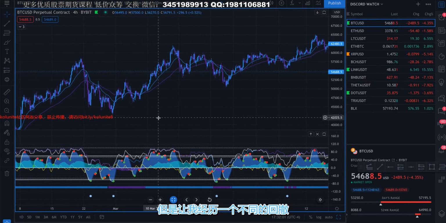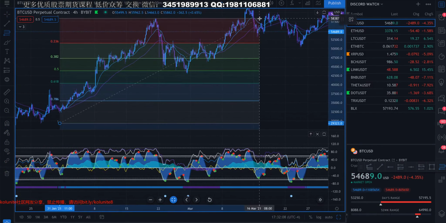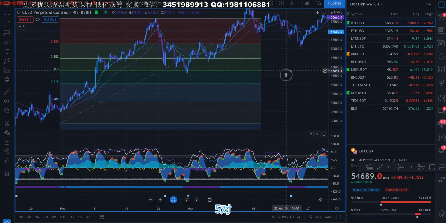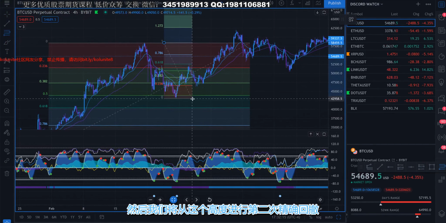Let me go to a different retracement. Sorry about that, guys. So let's take our fib from this swing low to this swing high up here. We're getting our bounce off the 0.5, right? So then we're going to take our second fib from this high to the exact retracement,